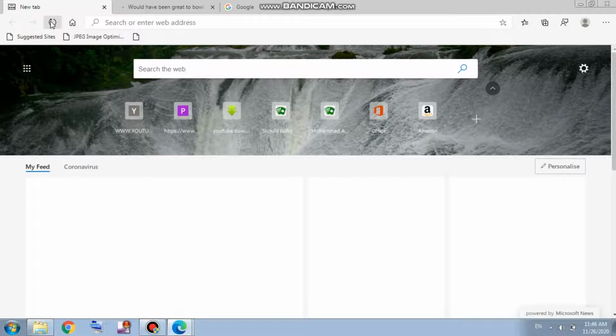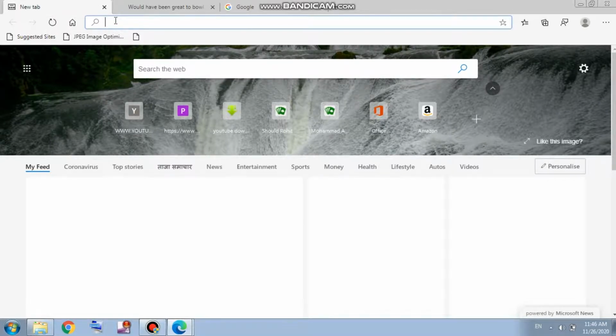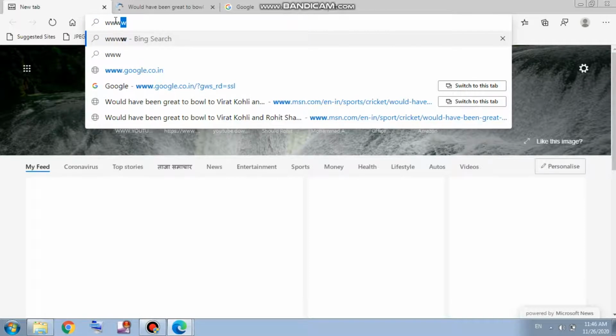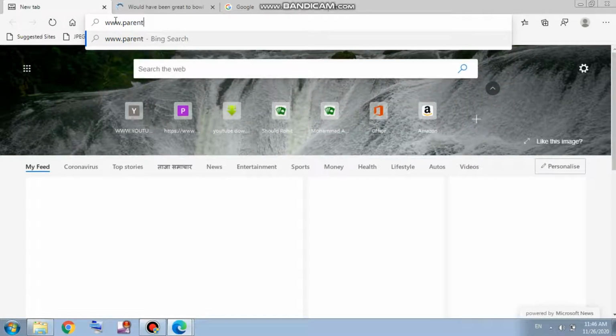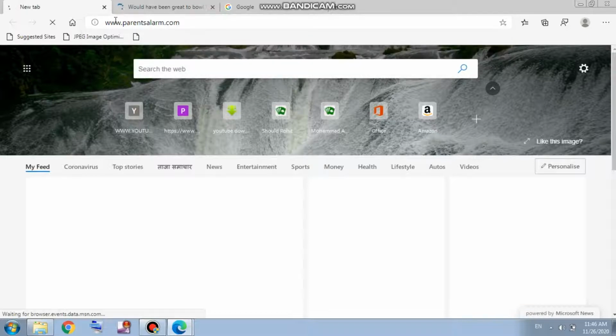Afterwards, there is the address bar. This is the address bar, and here we can type the address, like www dot parentsalarm.com. Then a few links will be present in front of us, and from there we click the desired website, whichever website we want to open.